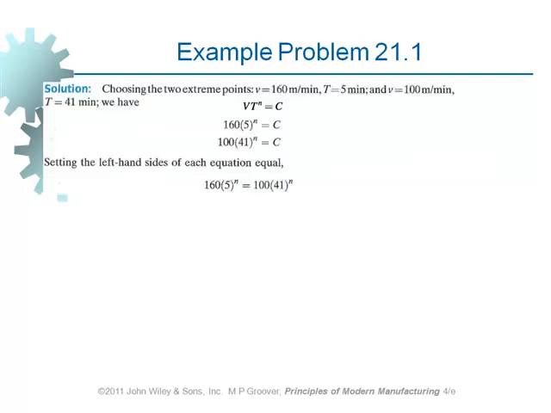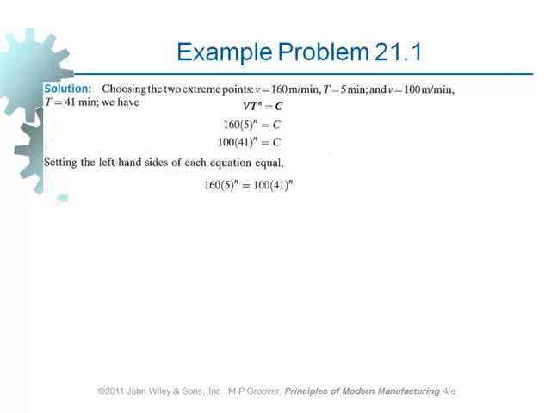Okay, let's see how to do it. Indeed, this is the equation of Taylor which is given. If we make use of the two extreme values for cutting speed and tool life, which was 160 for cutting speed, giving us a tool life of 5 minutes, and 100 meters per minute, giving us a tool life of 41. All these can be written in the form of the Taylor equation, right? Yeah? And we know that